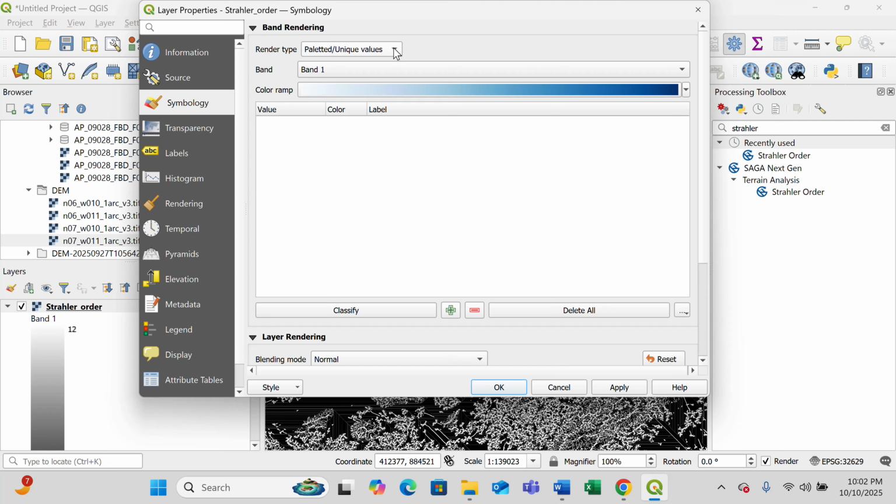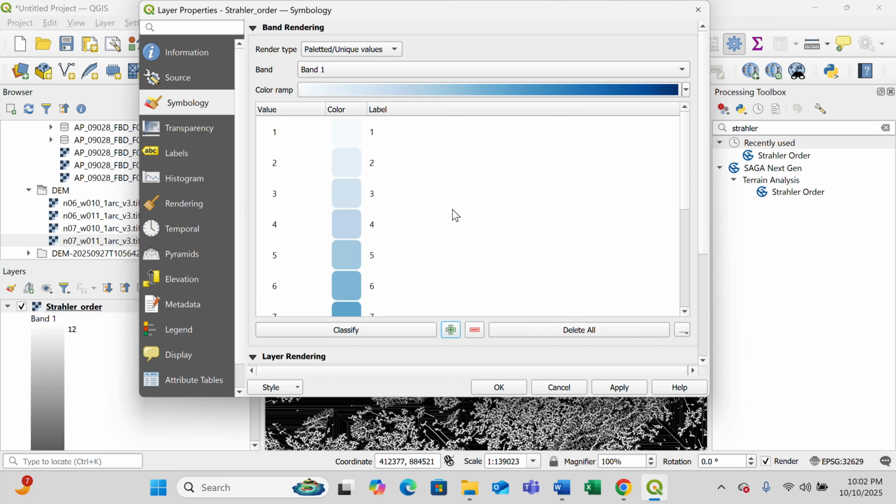So I prefer this option. Another person could actually use this single band pseudo color if you know exactly how to work it around. I could use this as well, but I prefer this. This is for me the best option here because it is pretty straightforward. So once I've selected this, selected my color ramp, all I need to do is click on classify, and then